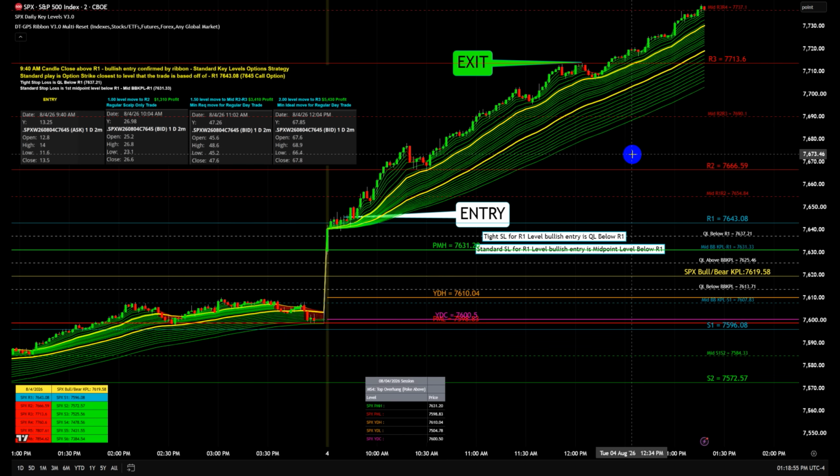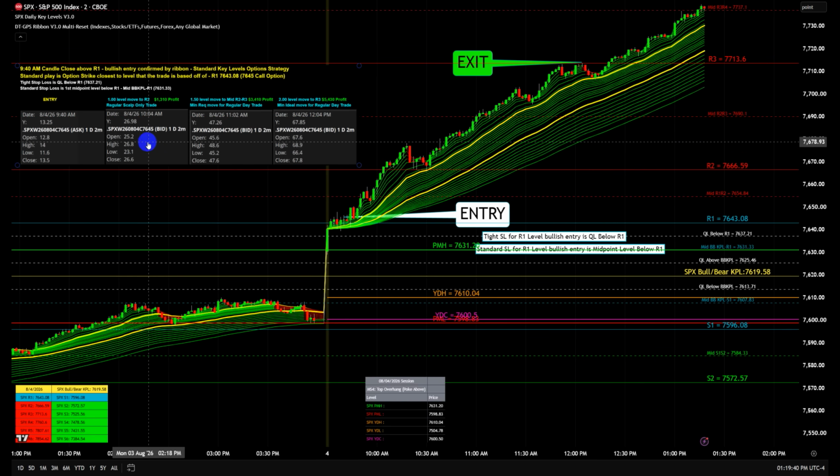Basically, it's the same idea as the scalp. You just basically have a different initial target. You have the same three options once it hits the 1.5 level move in your favor. Either you exit 100% of your contracts, or you are adjusting your stop loss to break even, or break even plus the 10 to 15% profit buffer, or the third, the hybrid, if you're trading 3 or more contracts, exiting 60 to 90%, and then on the remaining runners, moving your stop loss to break even, or break even plus the profit buffer. Going back to the scalp hit here,